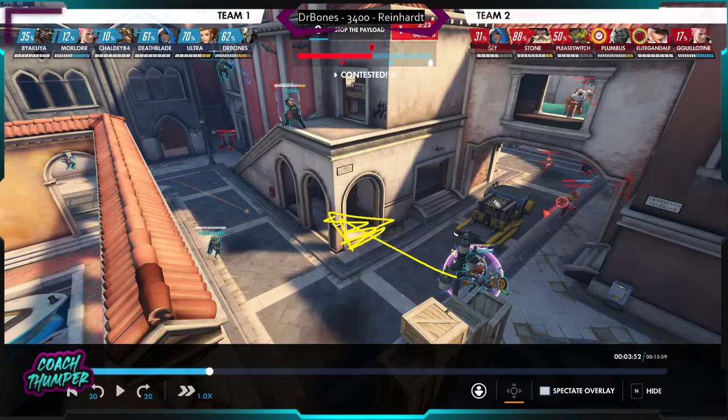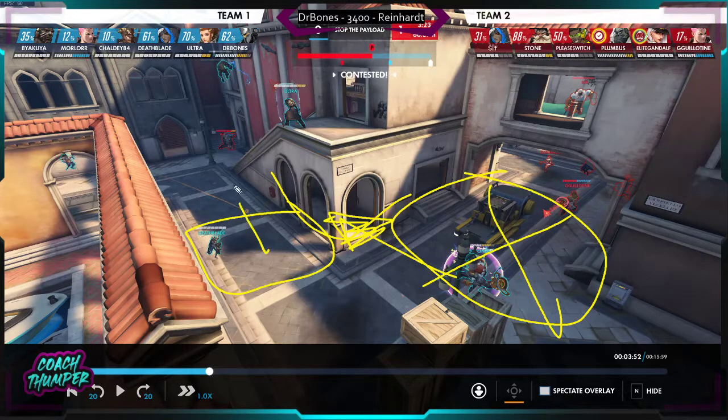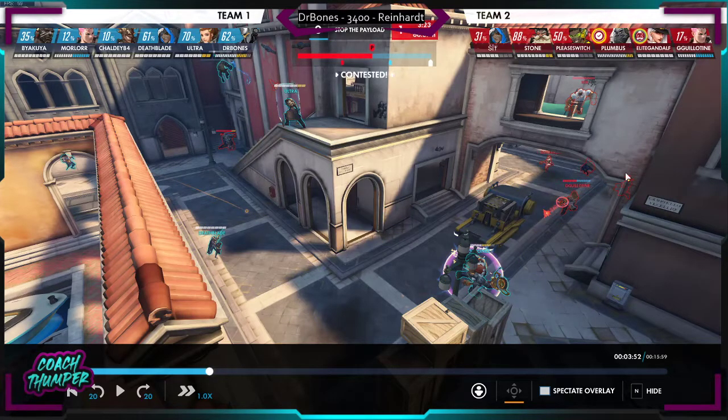We need to stop holding this open space choke, and we need to start holding either this corner or this open space choke, right? We need to hold one or the other because this is not going to work anymore, because our team is backed up to try to kill this Winston. And whether that decision is right or wrong is kind of irrelevant to you. It's just that